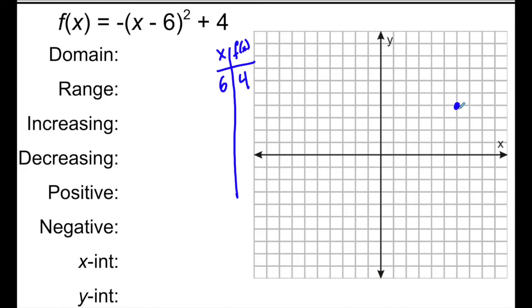Now if we look at this graph, do we expect this to be facing upward or downward? It should be facing downward because this leading number is a negative number. Okay, so what would I plug in? So now what I'm going to plug in is 5, or actually, let's play this one smart here. I'm going to plug in 4, I'm going to plug in 5, because I know that 6 is the vertex, and if 6 is the vertex, then since 4 and 5 are 1 away from 6, they will have the same y value. So I plug in 5,